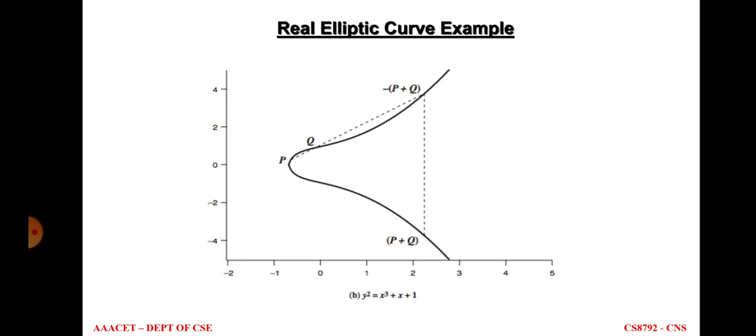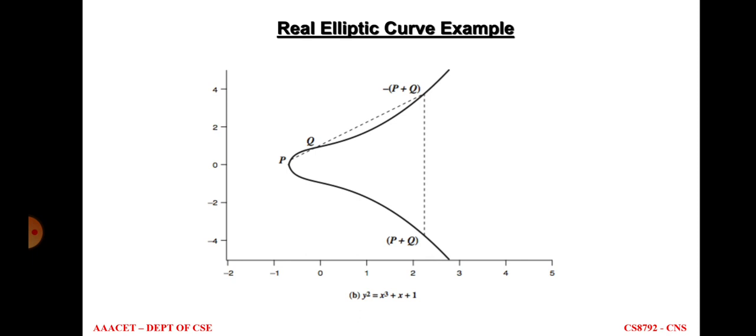So you can see that this is the elliptic curve example. On the x axis, they have negative numbers, 0 and positive numbers. Similarly on the y axis, they have negative numbers, 0 and positive numbers. Consider they start with 0. At point P, they start with x axis 0 and y axis 0, that is point P. After that, we assume P value is 1 and Q value is 1.